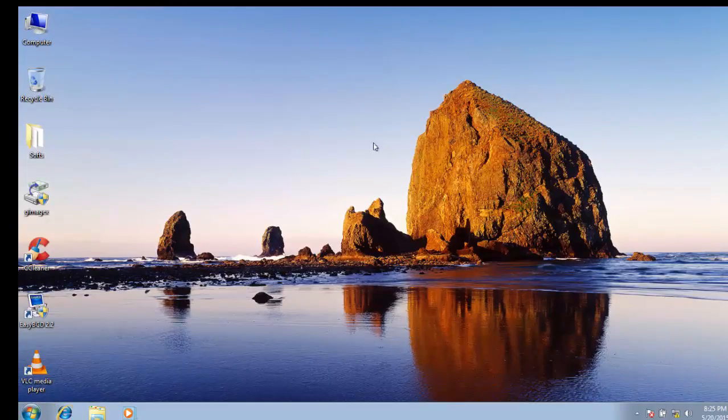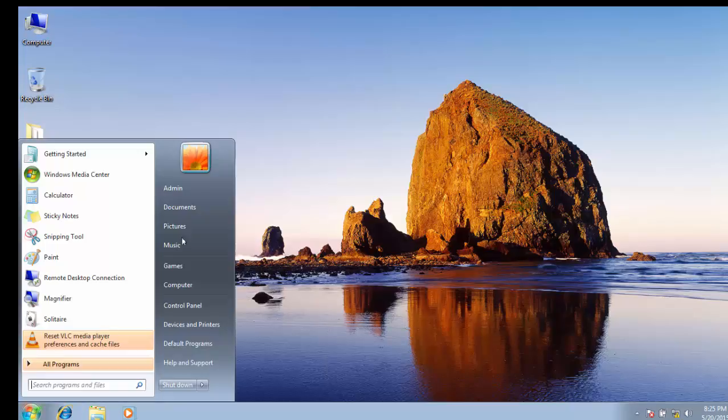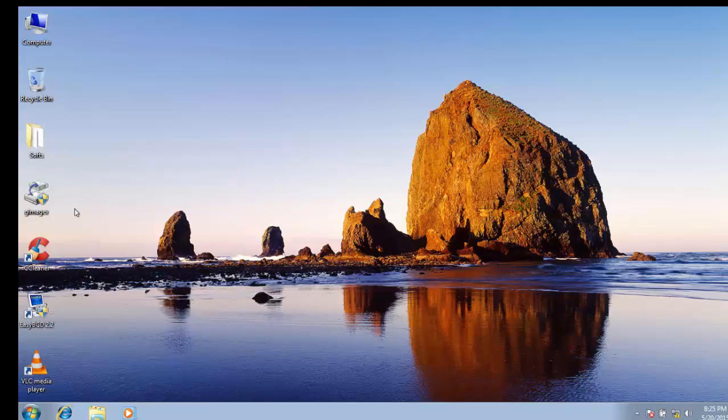this is Windows 7 on a VirtualBox. Here you should install Windows 7 or Windows 8 on your VirtualBox, and then customize it as you wish, creating a username, creating a password, and then installing software.